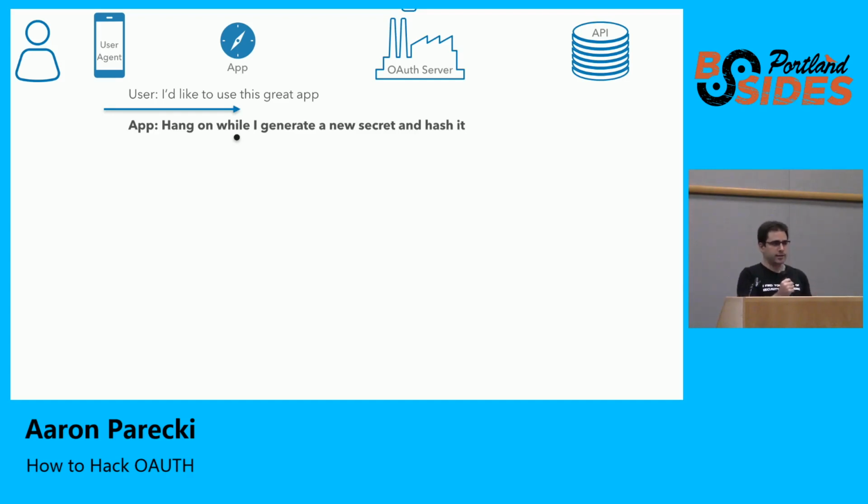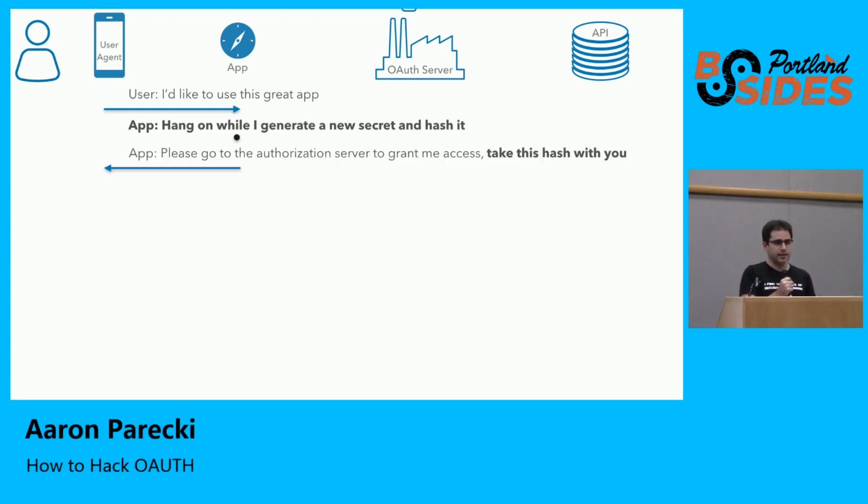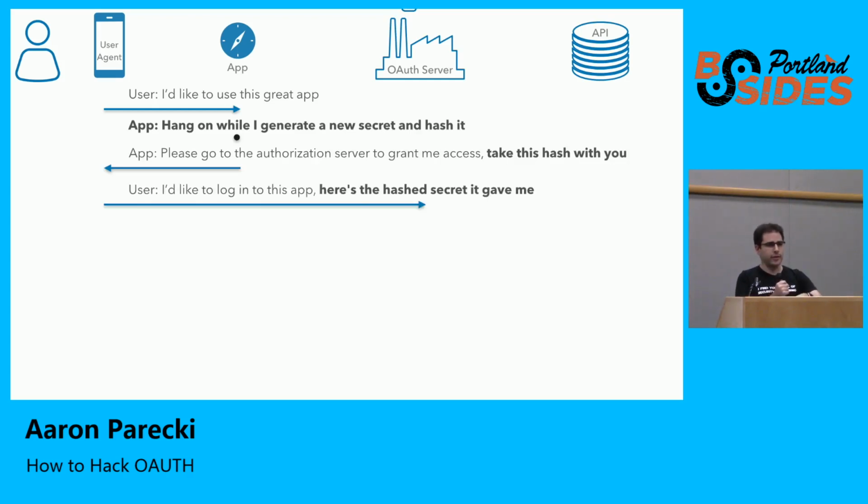And this is going to be unique for this request. And then it says, I'm going to hash the secret. The idea with the hash is that it's a one-way operation. So if someone can steal the hashed value, there's no way for them to reverse engineer it into the original secret, at least not in any amount of time that is reasonable. So then the app says, great, go over to the OAuth server to grant me access and take this hashed value with you. The user then lands at the OAuth server like before, but now there's also this hashed